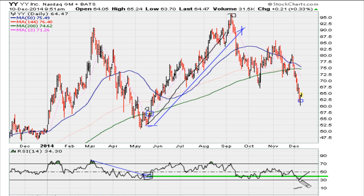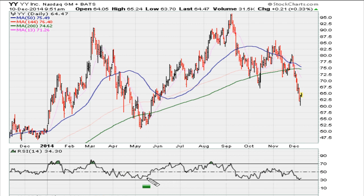And so unless it can move back above this level, I would call this a hold and wait period, because the stock is below a critical level. And so as long as the RSI is holding below that and you are not losing money, I would continue holding. That would be my view. Also, we take a look at the hourly